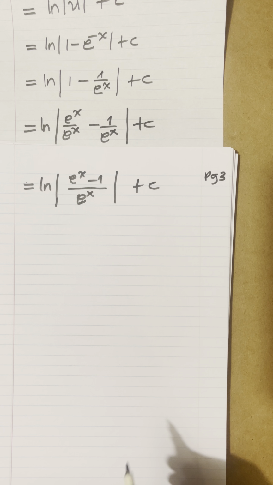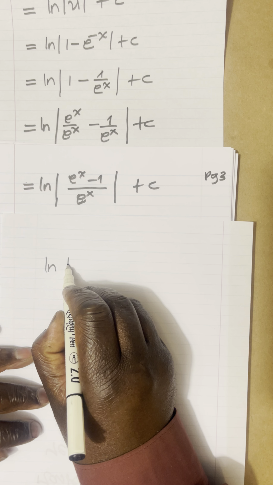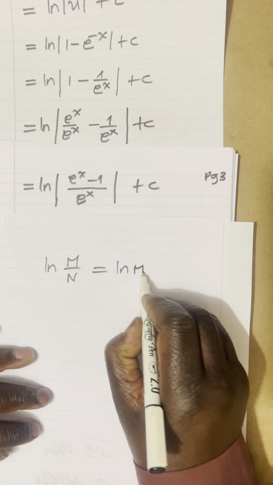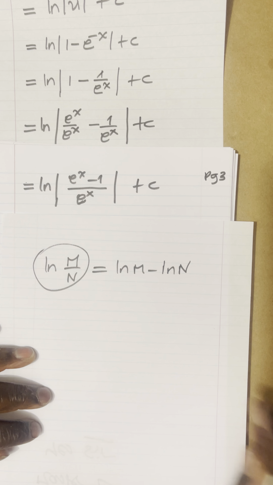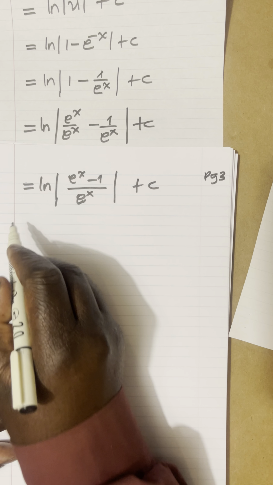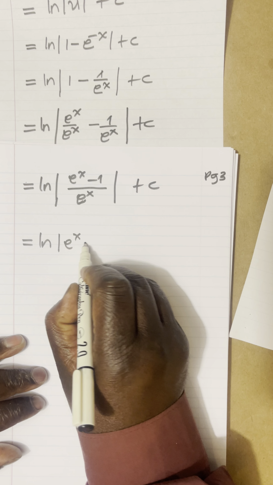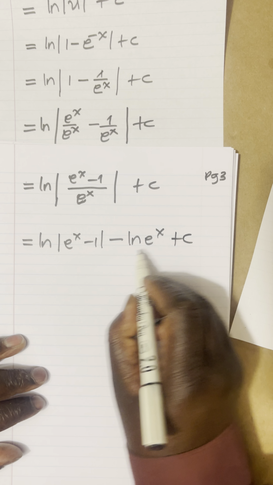Now, using laws of logs, a specific law of logs I want us to use is this one here. Log of m over n equals natural log of m minus natural log of n. This form of the log is what we have here: two terms dividing. So basically I can say this is equal to natural log of e to the power x minus 1 minus natural log of e to the power x plus c, and you'll agree with me that this